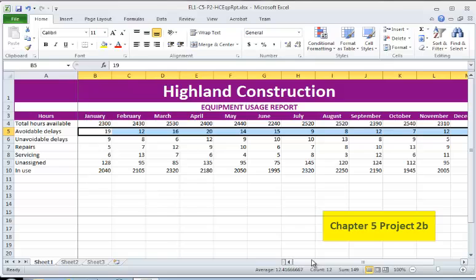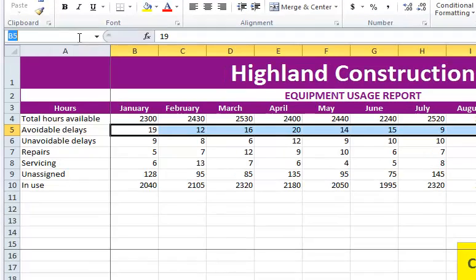And then right here is the formula bar, and to the left of the formula bar right now it says B5. This is the name box, also known as the address box. So click on it, and then